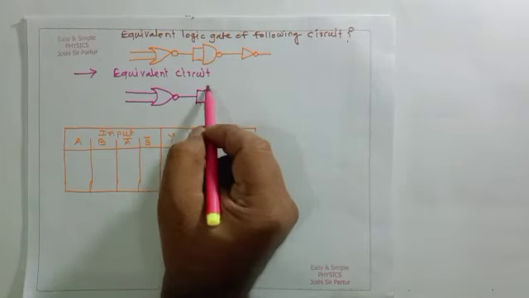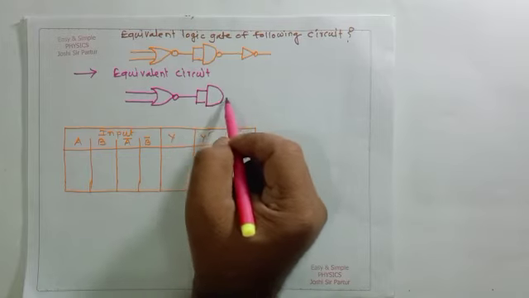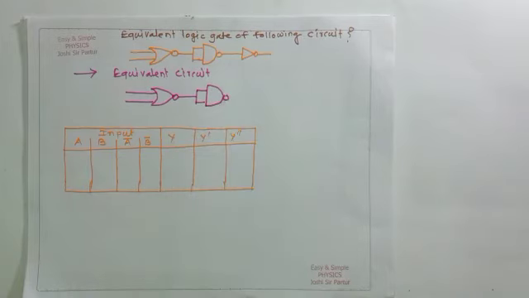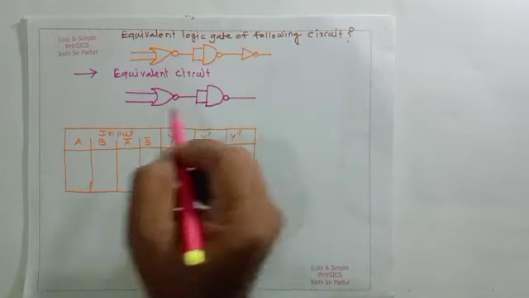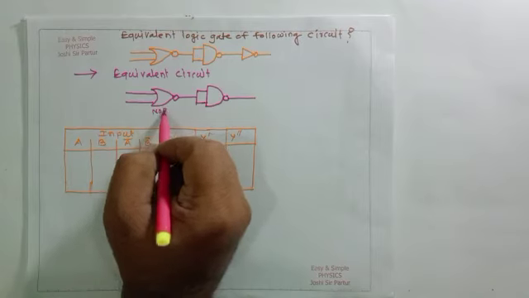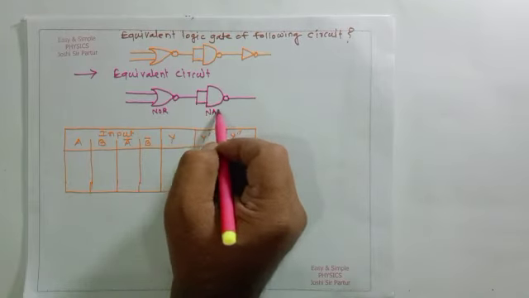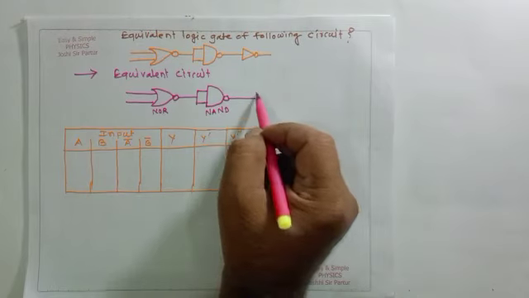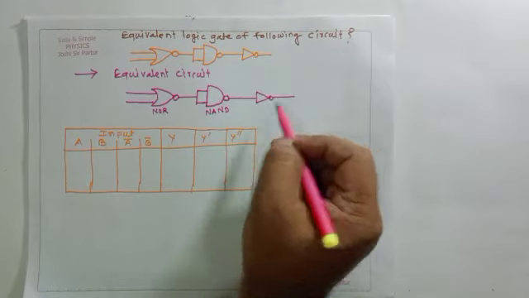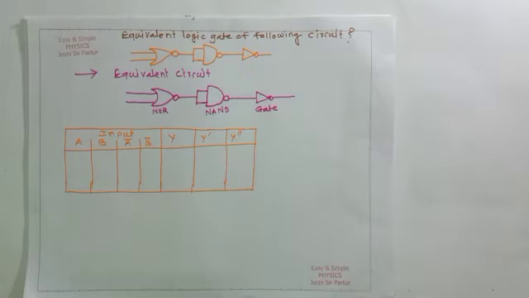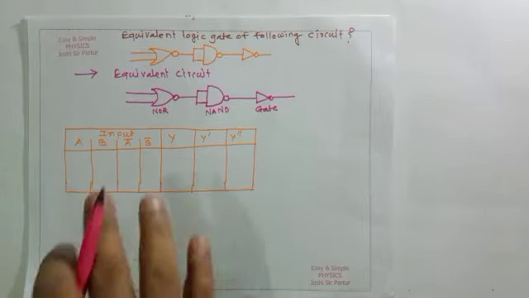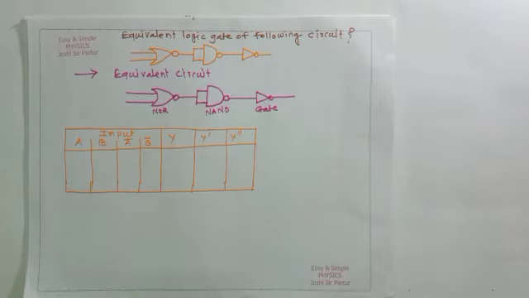This is an AND gate or NAND gate, which has two inputs that are shorted and one output. This is a NOR gate, this is a NAND gate, and this represents a NOT gate. Here the circuit combines three gates, one fundamental and two derived gates. One is a NOR gate, another is a NAND gate, and the third is a NOT gate.